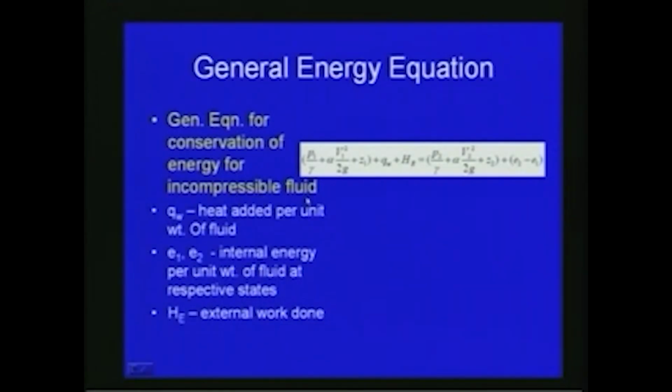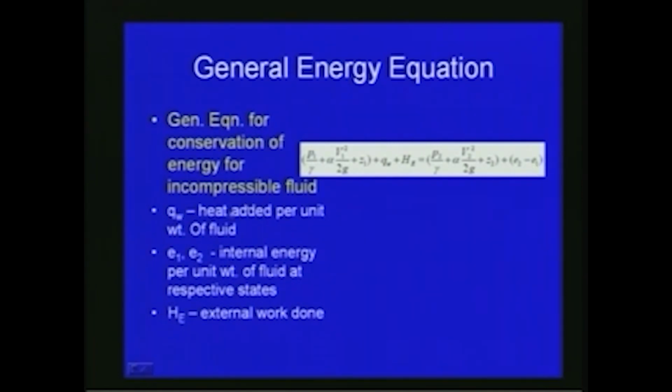So the general equation for conservation of energy for an incompressible fluid between two sections we can write as P1 by gamma plus alpha V1 square by 2g plus Z1 plus QW plus HE is equal to P2 by gamma plus alpha V2 square by 2g plus Z2 plus E2 minus E1,